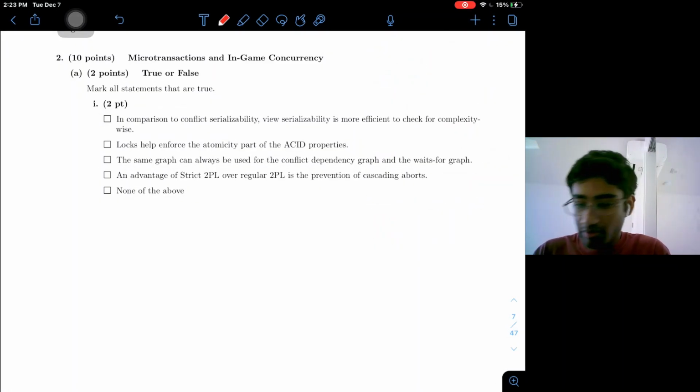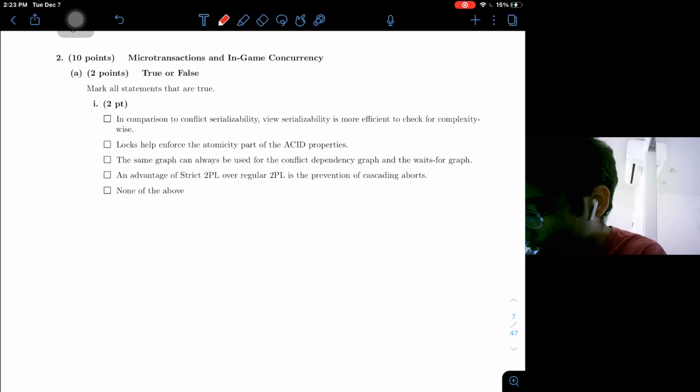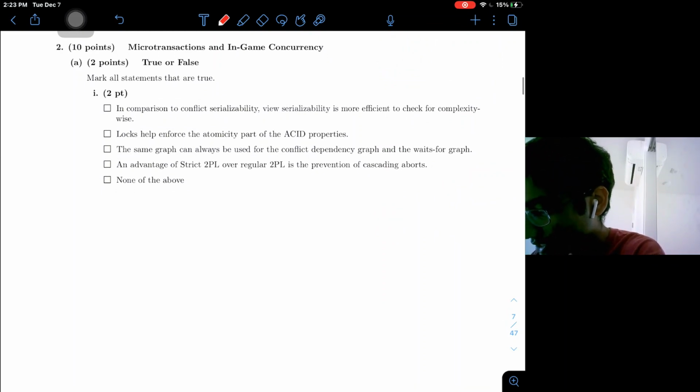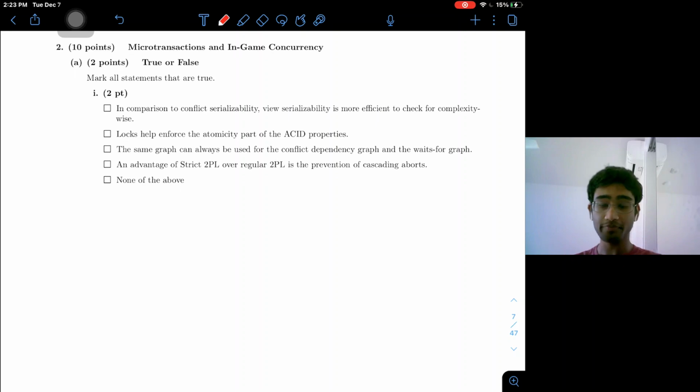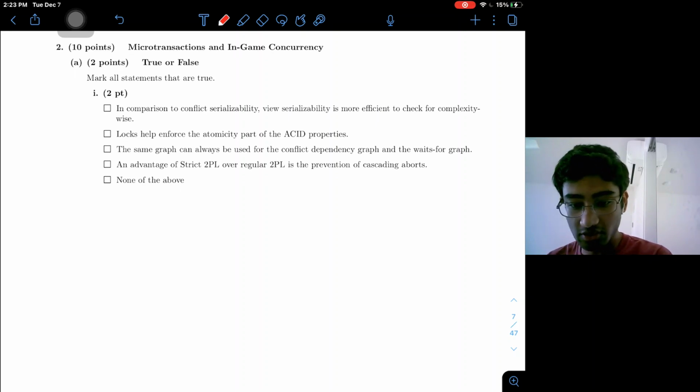Okay, so now let's look at number 2, microtransactions and in-game concurrency. So the first question here is a true or false, which asks us to mark all statements that are true. So let's look at the first statement, which says, in comparison to conflict serializability, view serializability is more efficient to